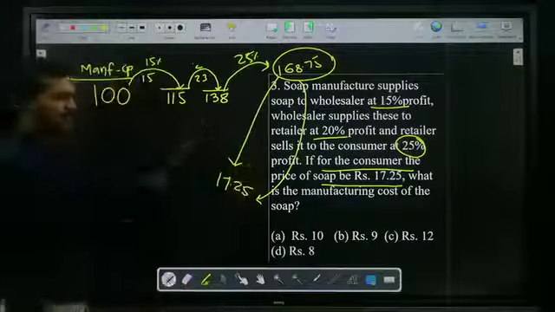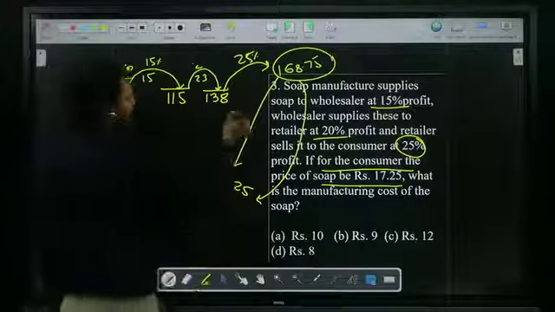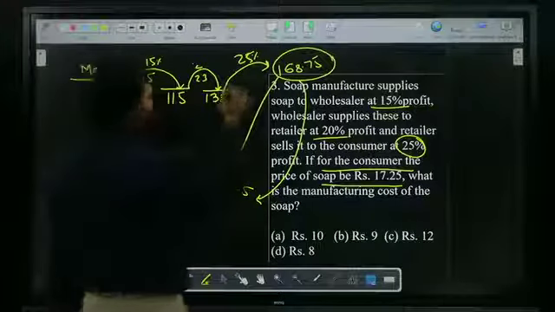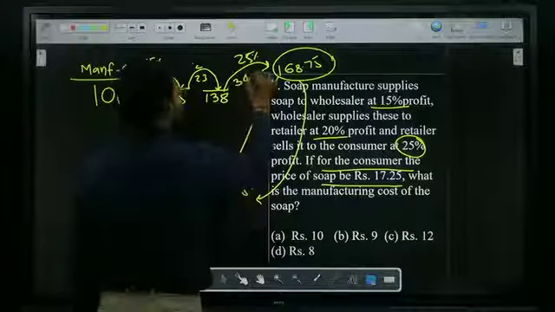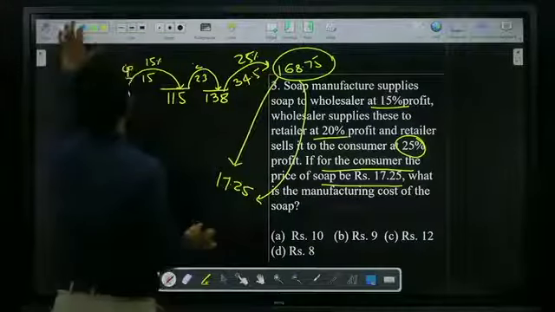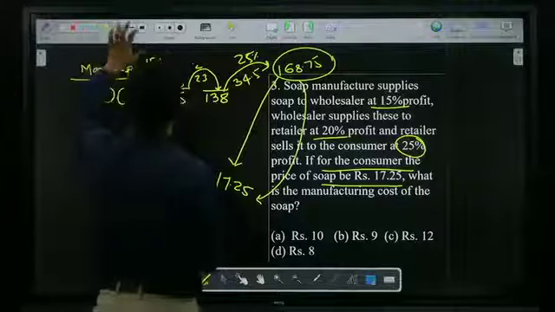So 138 half is 69. Half of that is nothing but 34.5. If you add 34.5,